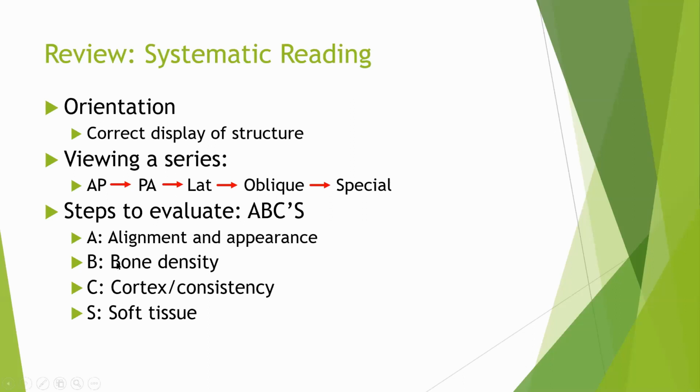So first is orientation. Is it displaying the correct structure it is supposed to display? Viewing the series, usually it's AP and PA together, it is not just AP after PA. It's either AP and then lateral, or PA then lateral. So AP, PA is usually together, okay? Then lateral, then oblique, and certainly there are special X-rays or radiographs that you can take or order